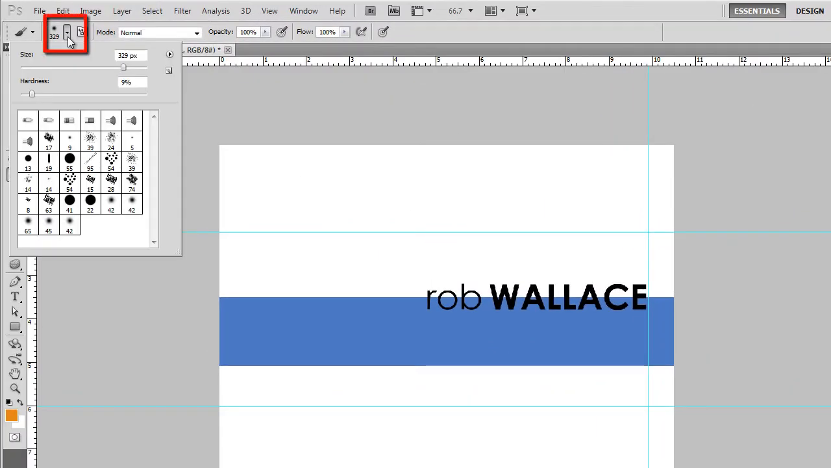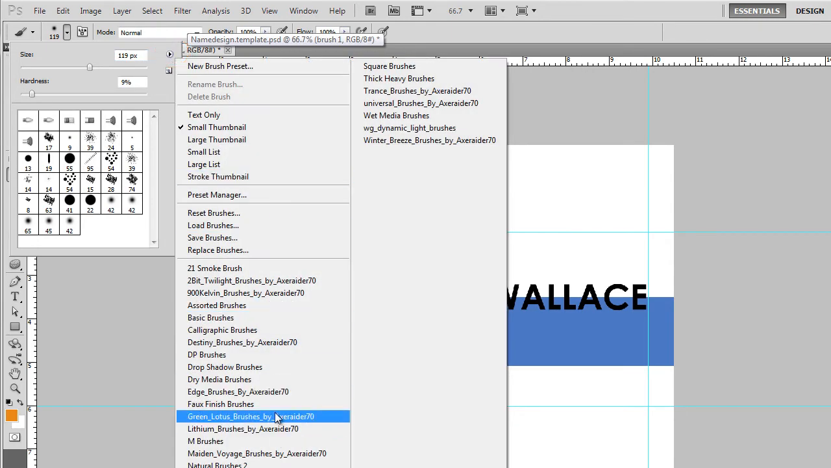I'm going to hit this drop down arrow right here. This will allow me to change the size of my brush, but it will also allow me to change the look of my brush. But this is just a bland brush set, and I'm going to click right here, and I'm going to look for some other brushes. You don't have brushes installed on the computer itself,